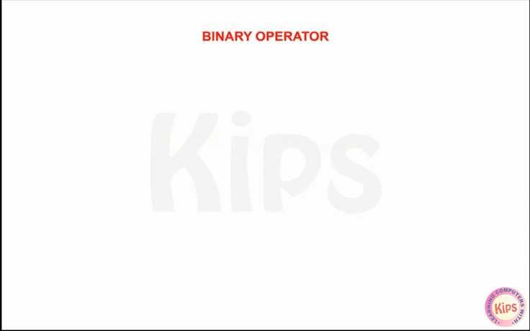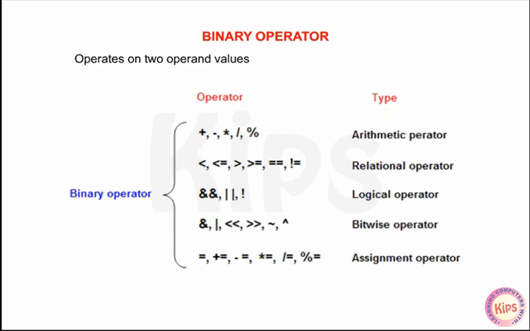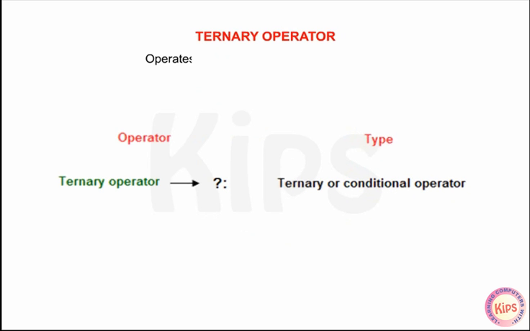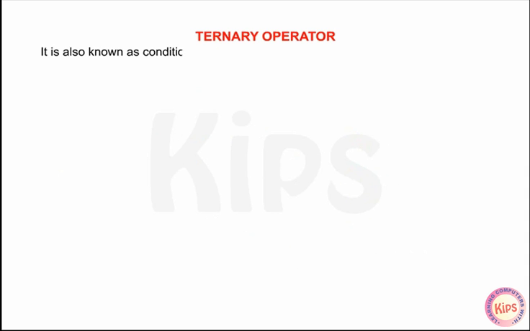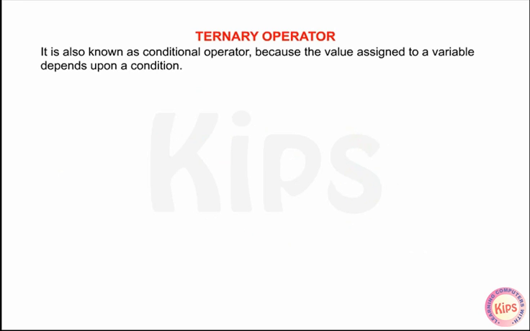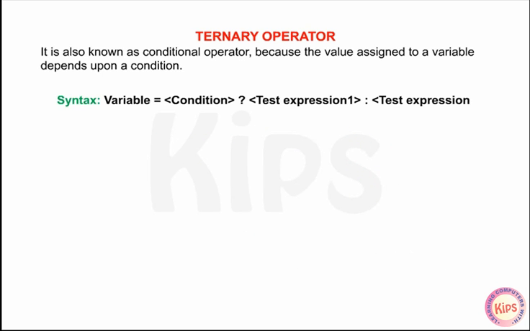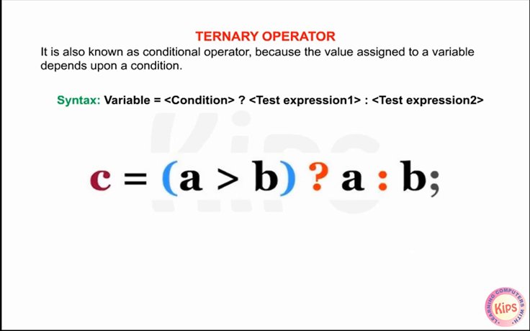Binary operator operates on two operand values. Example, a + b. The elements are a and b. Ternary operator operates on three elements for its operation. It is also known as conditional operator because the value assigned to a variable depends upon a condition. Syntax: variable = condition ? test expression 1 : test expression 2. Example: c = (a > b) ? a : b;